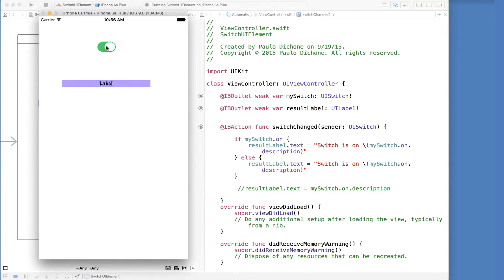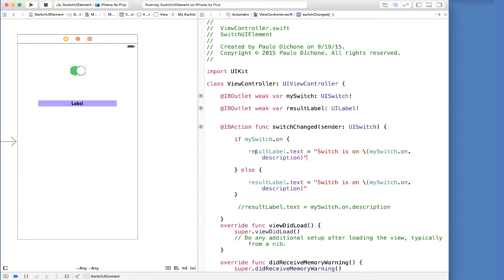All right, so let's move. Switch is on, false. Switch is on, true. Very, very nice. So as you can see, switches are very amazing because you can do a lot of things with them. You can branch things out. As you can see here, we have an if statement. Here I've shown you the basics on how to use switches and get the states of the switch.